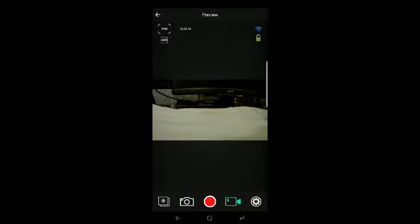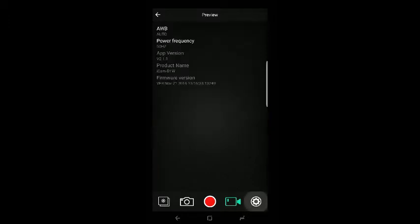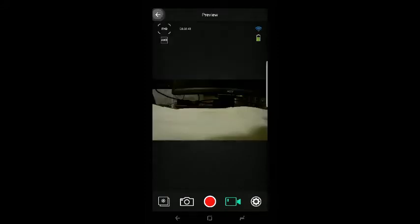You can change some settings. You can initiate the record. You can change the different modes. And here you can see what's under the settings. Now, if you back out of here,